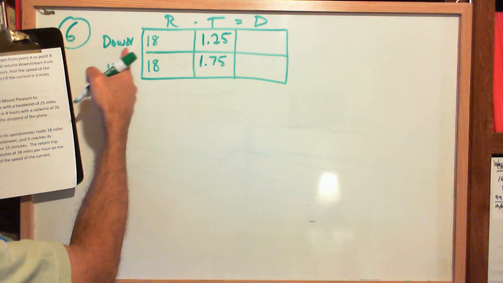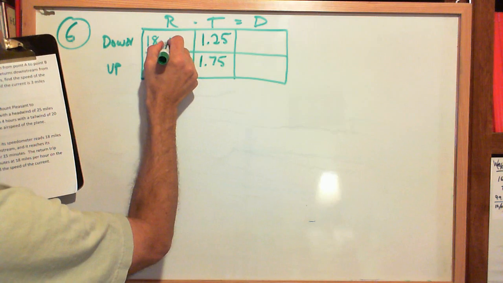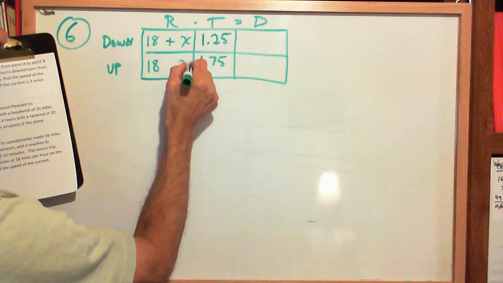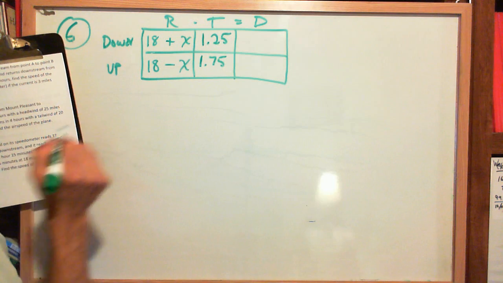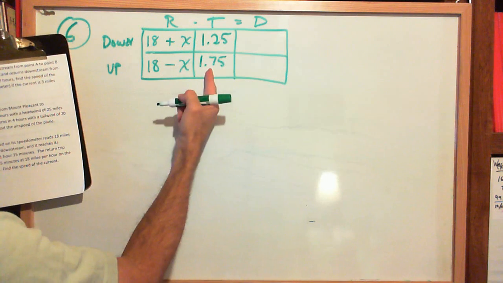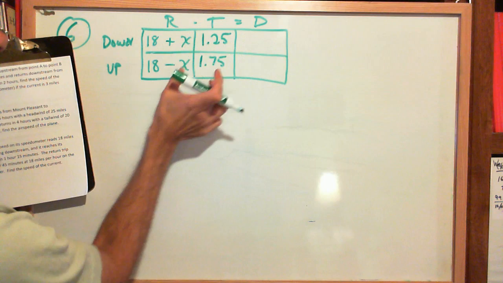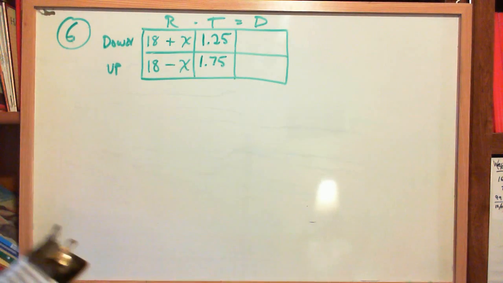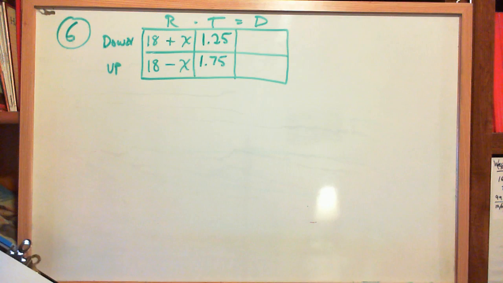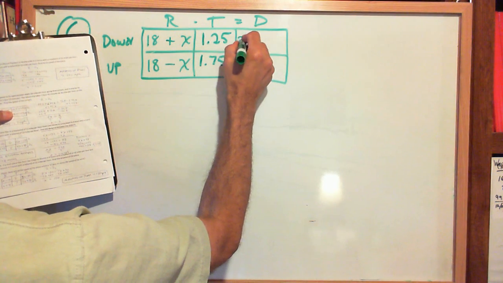Downstream and upstream. Downstream, I know that I'm going to be adding the speed of the current, right? The current is x, and here going upstream, it's pushing me down a little, slowing me up. All right, so that's what I've got. Now, to find this column, this times this times this. So 18 times 1.25. This is number 6. I'll just use my notes here. I've got 22.5